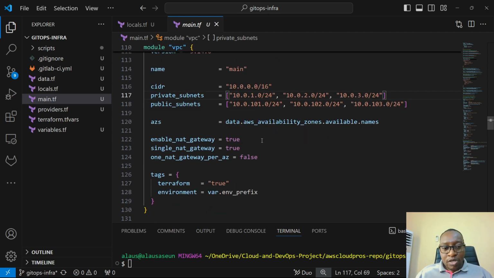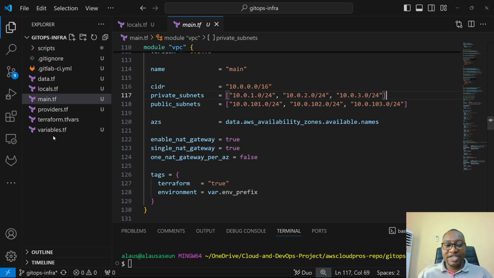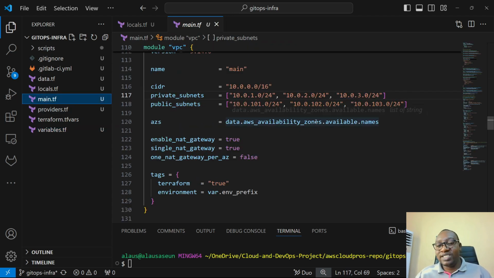Then here, I'm also querying my availability zones. So I have data.aws availability zones.name. I'm basically querying the availability zones based on my region. My region is already defined. If you come here to variables, I already defined the region as EUS2. So right here, I'm querying that region for the number of zones that